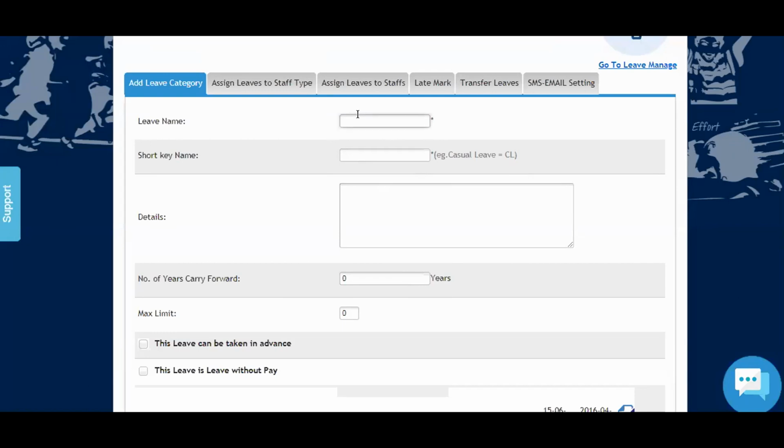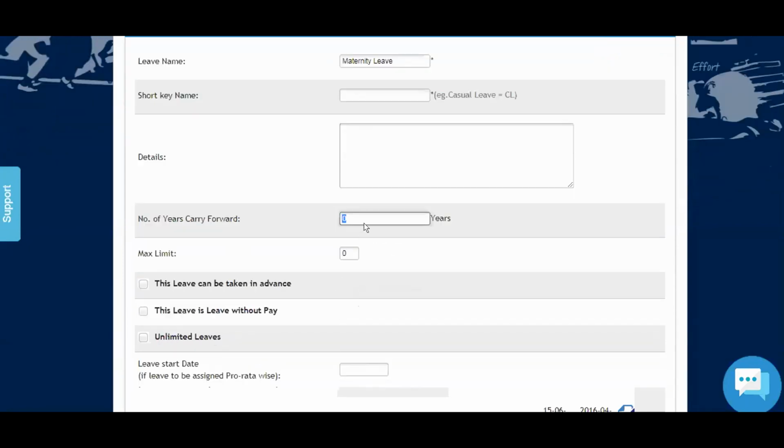You can create that leave, maternity leave, for say 90 days. You can create a maternity leave for 90 days and assign it to that staff. So there was an option for how many days, session 1 to session 2, if you want it for half day. That is a provision. You can have holidays for 10 days also, 20 days, 90 days, 160 days, however you want, you can create it.